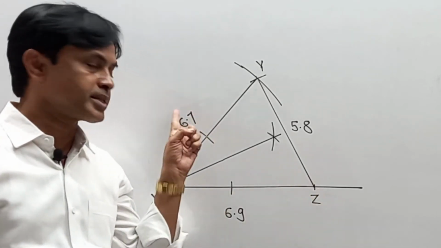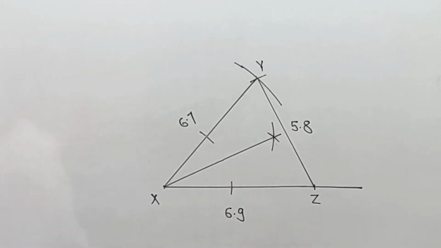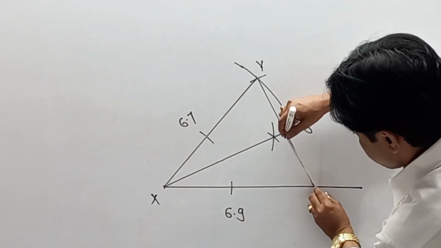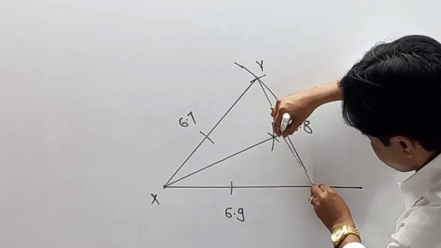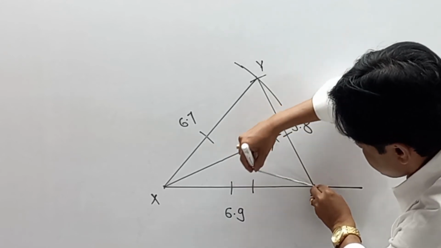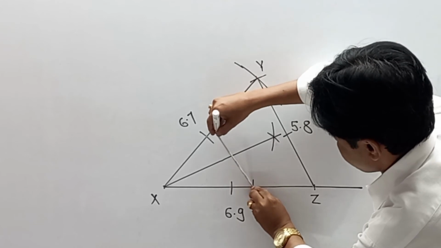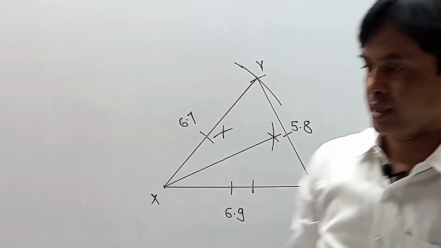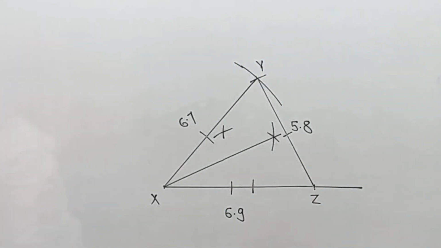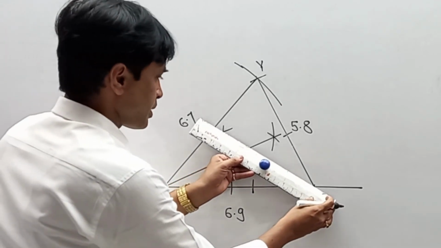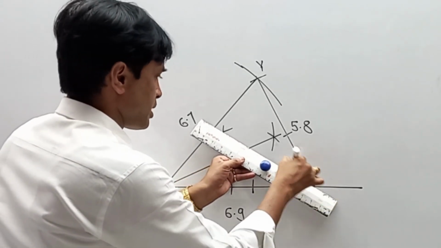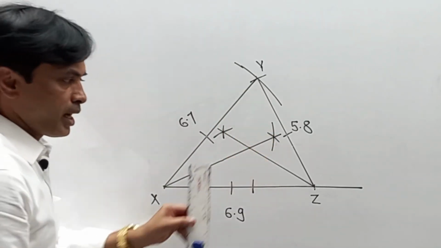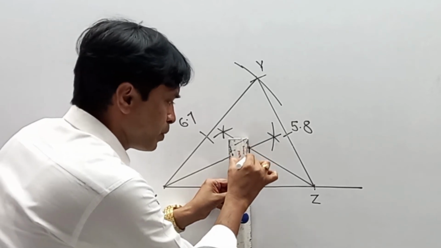Again you have to take another angle bisector from Z as it is a base angle. So from Z, again I am going to draw its angle bisector. Keeping some distance in a compass, first arc, second arc, and from this point, first arc and second arc. Now here we draw the second angle bisector, from Z. Now I am able to get one common point of intersection, and from that point we are going to draw one perpendicular over here.